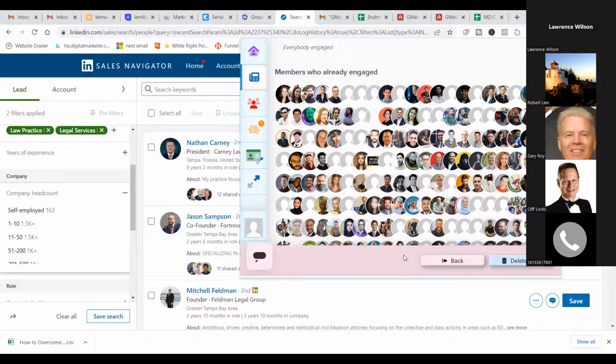So I haven't used Lemlist yet. Can you explain a little bit more what LemPod is? Is that like when you've got a bunch of people? Like with Facebook, one of the things that I do is I've got a group of 20 to 30 people and say, hey, I made a post, can you comment? And it just opens it up to more friends. Is that what LemPod does, except with LinkedIn? Yes. So for example, I'll go show you where my pods are.